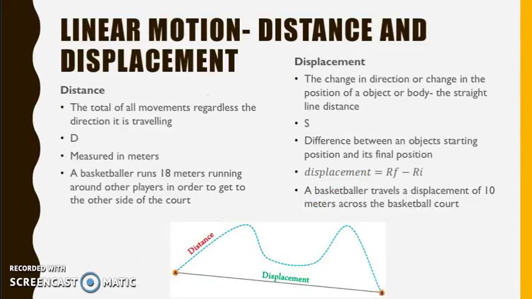So, distance and displacement. Distance is the total path an object or body has taken. It is represented by the letter D and is measured in meters. For example, a basketballer may travel a distance of 18 meters when driving down the court because he is moving around players. Displacement is a change in position